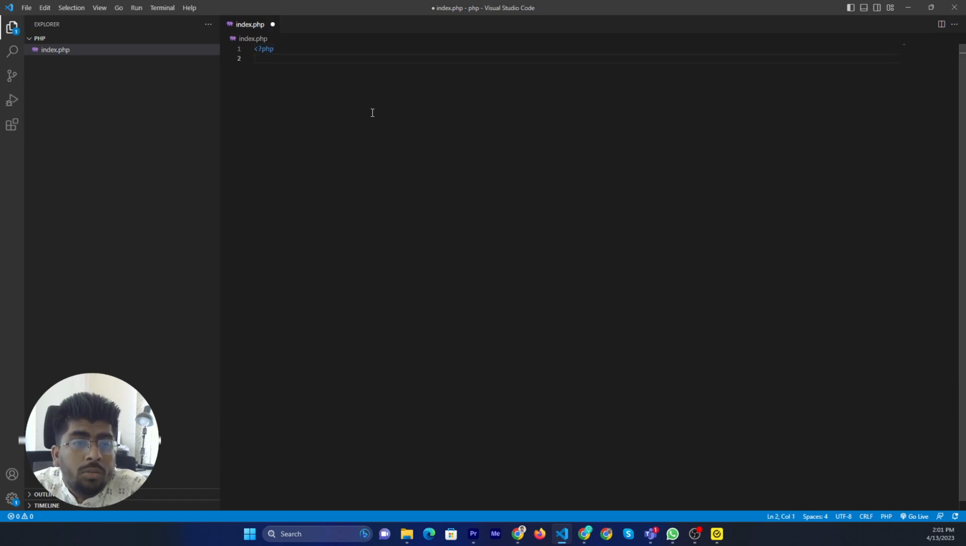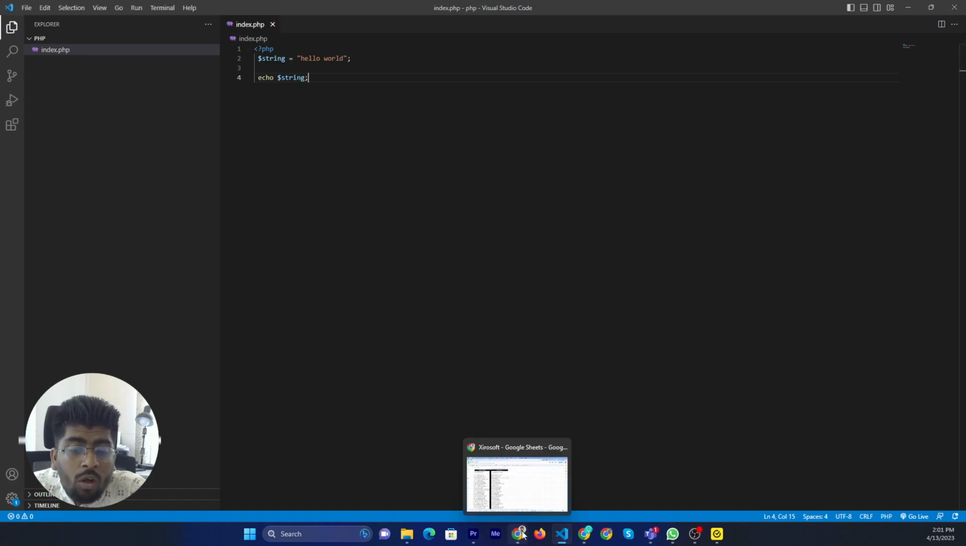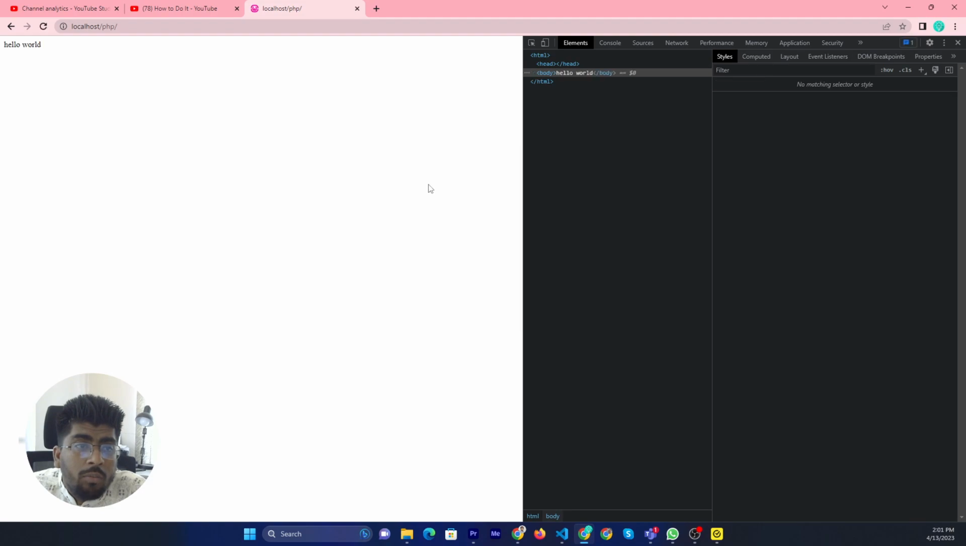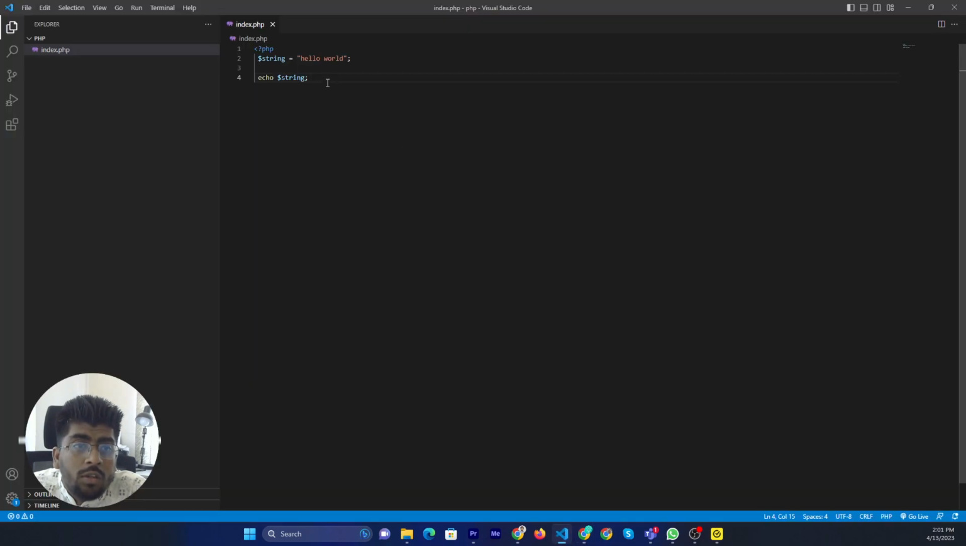If you want to write PHP, like a string variable, if you want to write a string, then it has something like print or echo equal. Okay, string. Now it will be the same result as HTML. Okay, this is the PHP rows. If you directly try this one, then you will see the